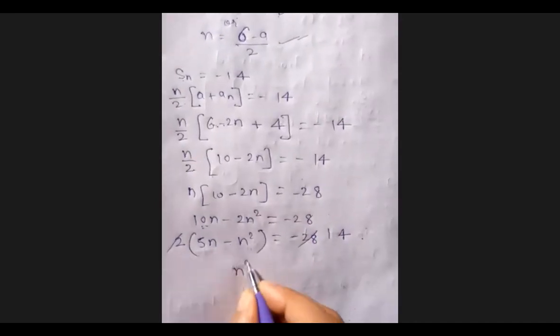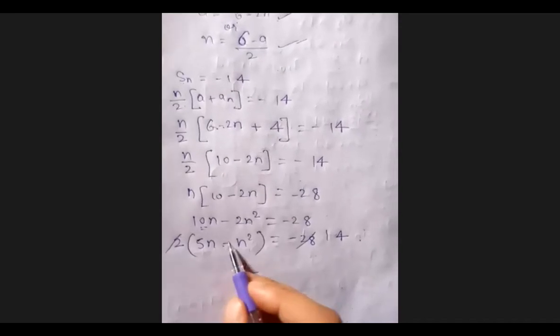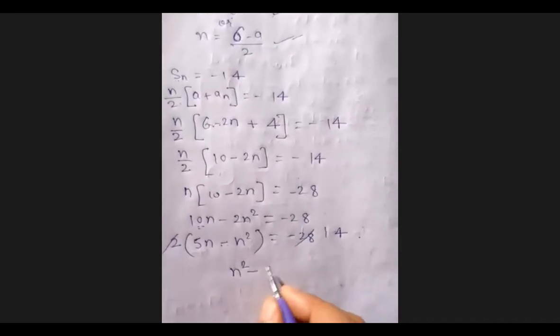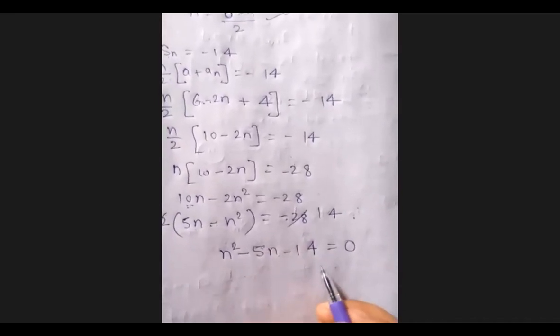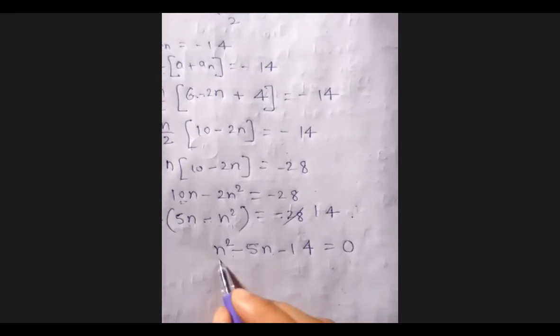So you have an equation. When you transpose this to the right hand side, you can make this like n square, n which will change from minus to positive, and this positive sign will change into negative, so 5n, and I wrote it on the RHS itself, so this will be minus 14. Now it is making a quadratic equation, right? So you will find here the value of n by applying the splitting the middle term method. So if you apply that method, you can find out the value of this n.